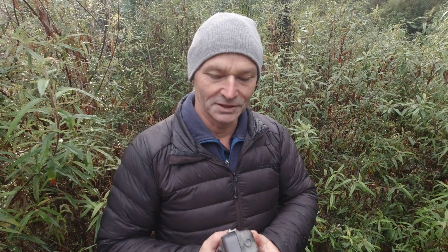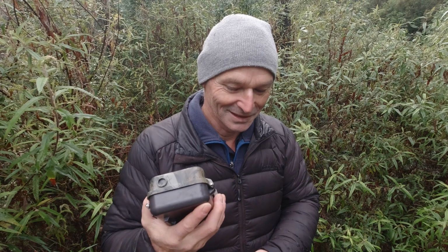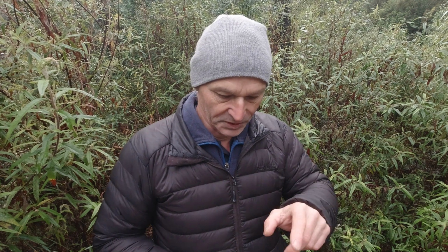I have lucked out in nesting box number 2. What's happened is there were 4 straight days of a bit of activity, a female coming in. It was obvious that she was interested in the nesting site, but the nest's in really bad condition as well. I think I'm going to have to clean this one out, put some new leaves in. That'll really encourage this female to take this nesting site up, so that I can continue studying them, and hopefully